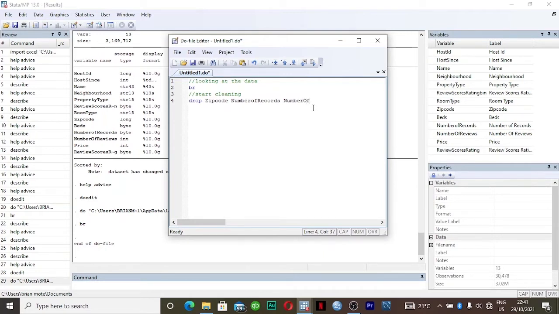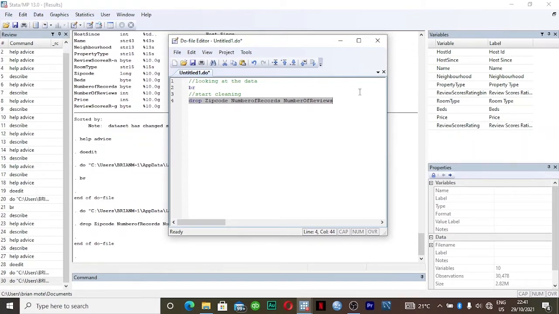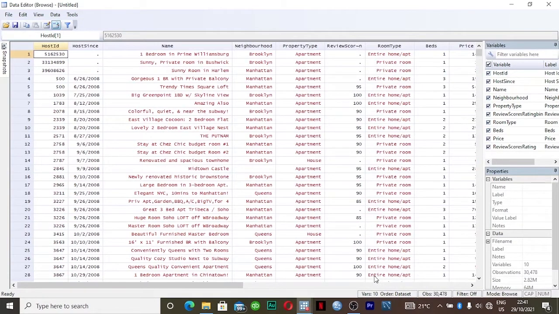Okay, I highlight all of it, and then I press Control D. So you can see we have dropped the variables. Now you can browse again, but the window is already here, we don't need to browse it again. So we have dropped our variables.